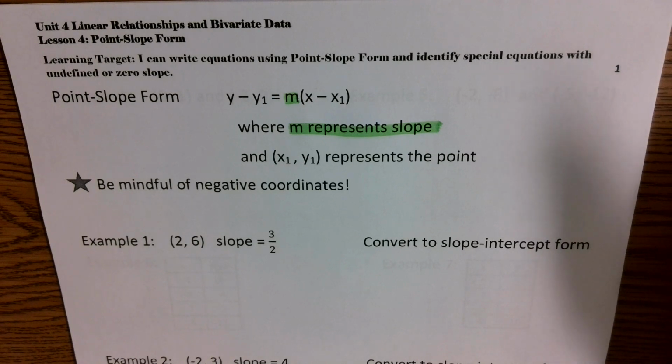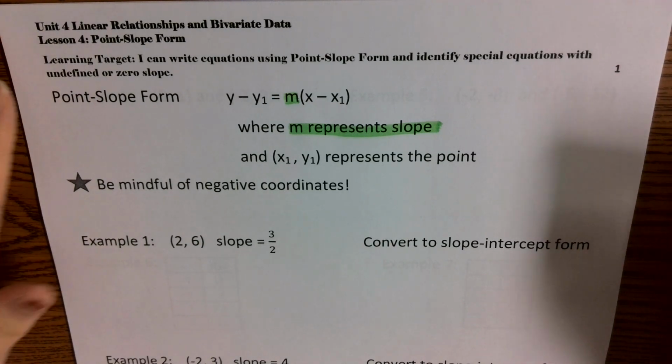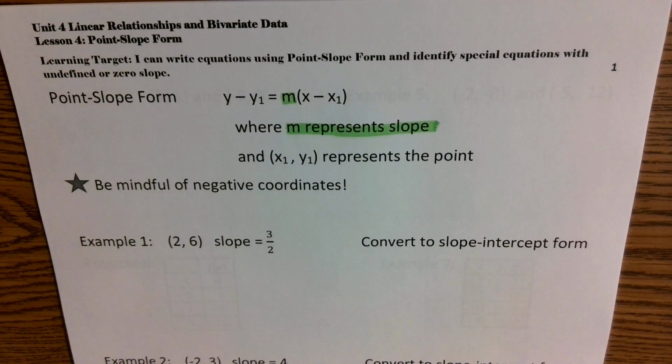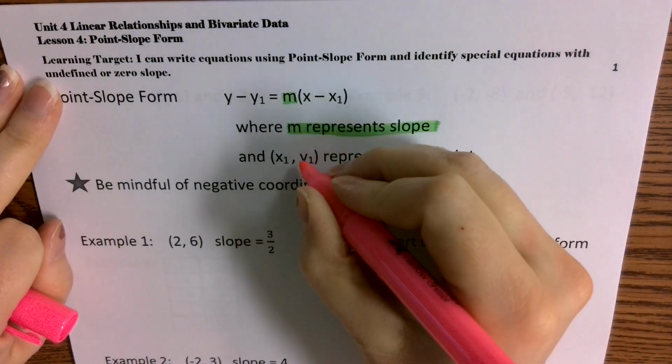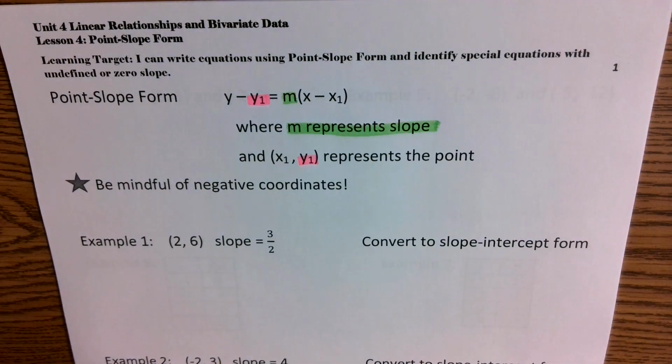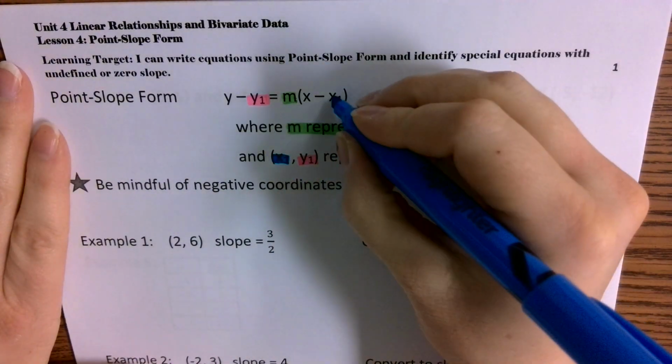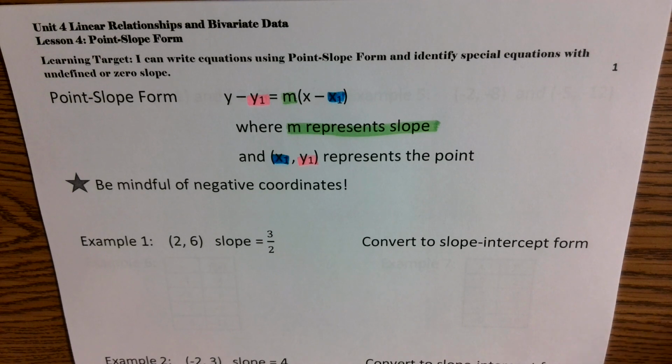Whether you're looking at it as a graph already and you're trying to create the equation from point slope form, or if they give you a point and you have to create an equation. Now, a lot of times we don't keep things written in point slope form. We do eventually rewrite it so that it's in slope intercept form. But it's a good idea to know point slope form, because there are some word problems or contextual problems where writing it automatically in point slope form is best, or writing it in standard form might be best, or writing it in slope intercept form might be best. And we're going to talk about the 3 forms and when to write in which form